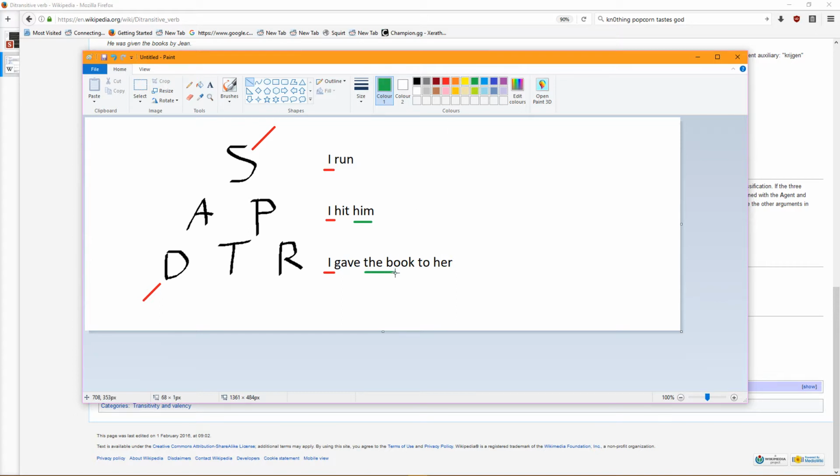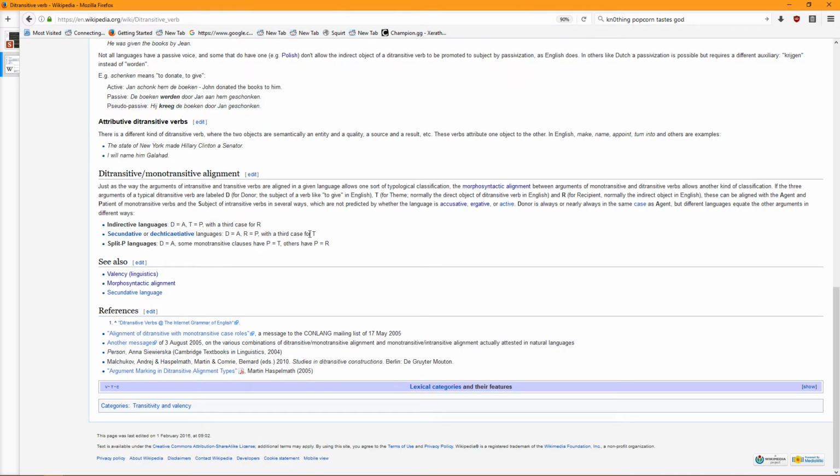So in English, the book is being handled like this. It is just on its own after the verb. And then we have a special preposition that is reminiscent of a dative marking, the to her. So English sort of uses this kind of structure. No, you should be yellow. Okay. So this is the kind of structure English uses, assuming I'm not completely out of my mind, which is entirely possible. Let's see what this thing says.